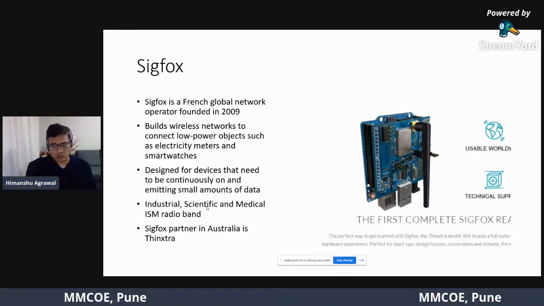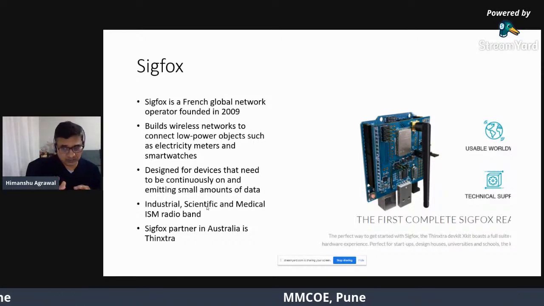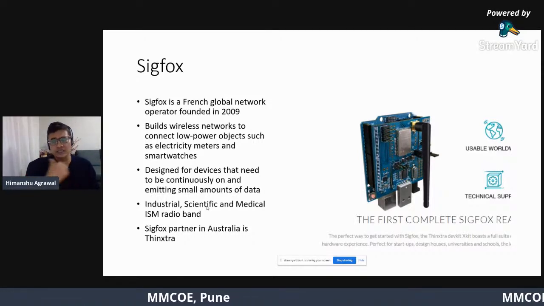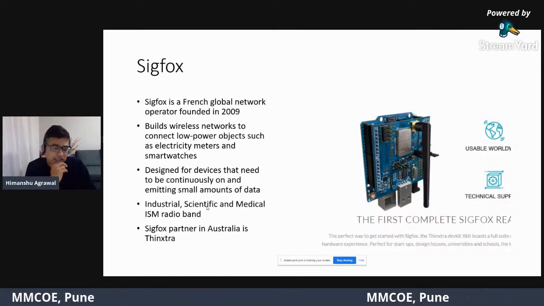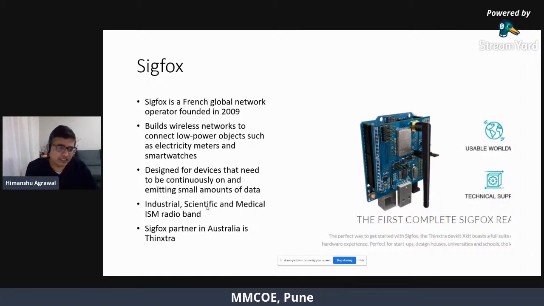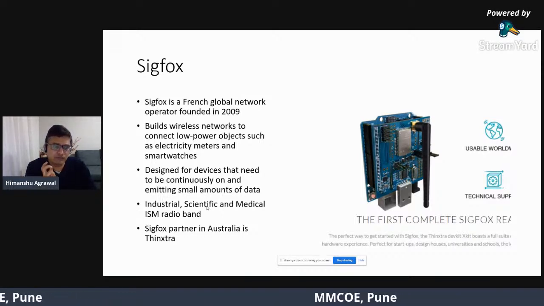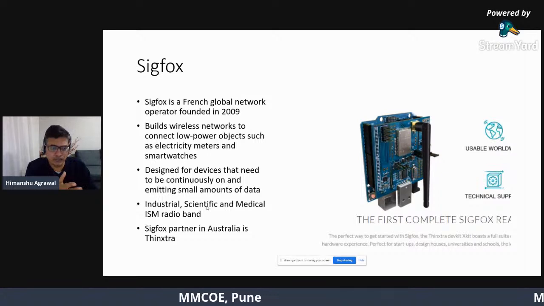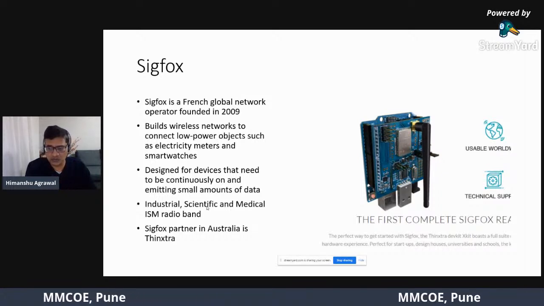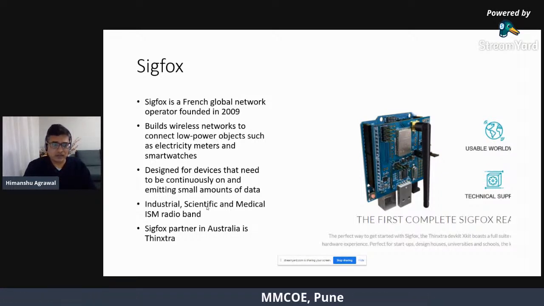Now, Sigfox is also covering a substantial part of the Australian community, and they have a partner here as Thingstra. And the frequency band is basically, we use this ISM radio band for operation, right?